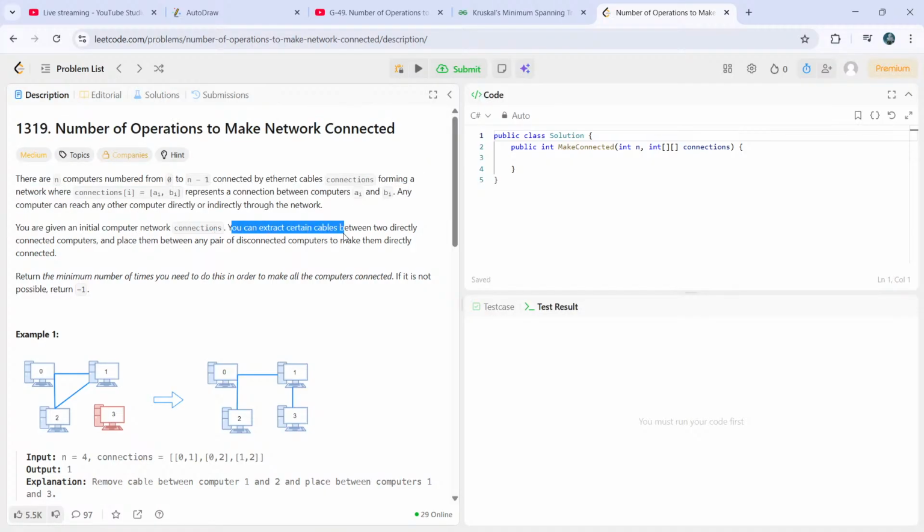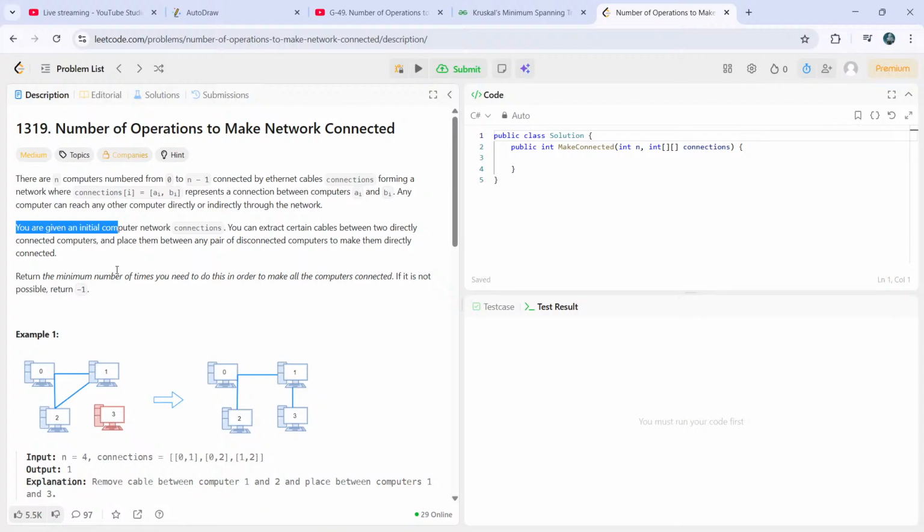You can extract certain cables between two directly connected computers and place them between any pair of disconnected computers to make them directly connected. Return the minimum number of times you need to do this in order to make all computers connected. If it is not possible, return -1. So it's saying that you are given an initial computer network, and what I can do from that,